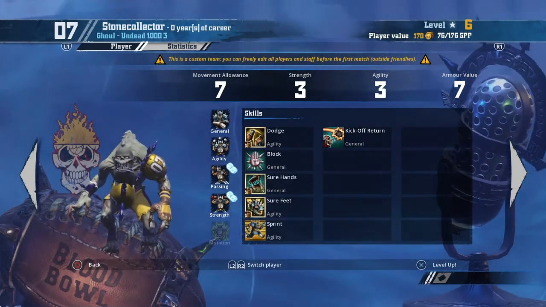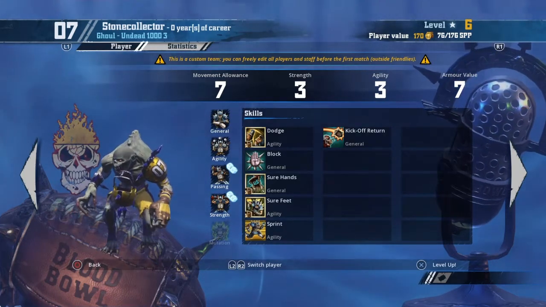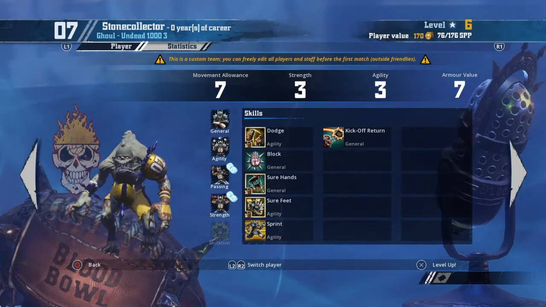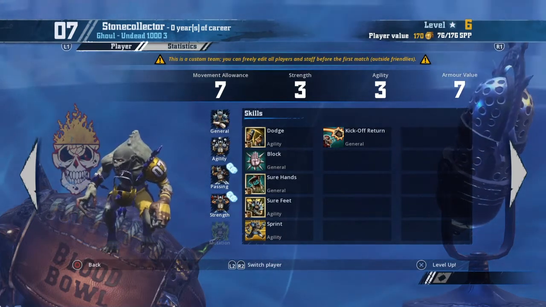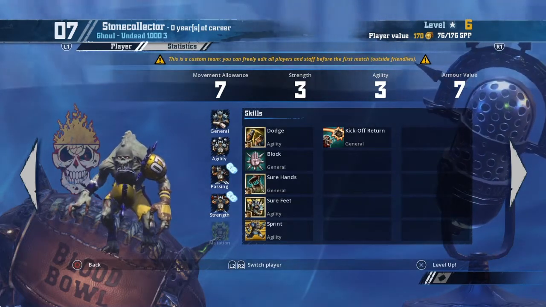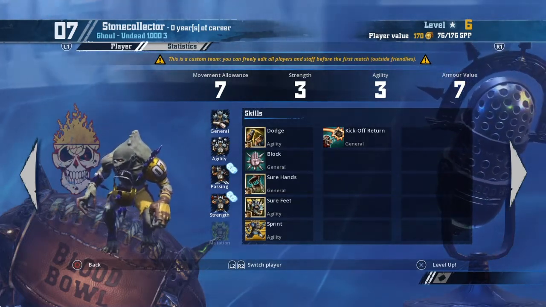Obviously, start with block, so you've got blodge. I'd then take sure hands, because obviously for strip ball and stuff like that. Plus, it doesn't burn rerolls when you're trying to pick the ball up. And then I'd look at sure feet and sprint, because obviously potential movement of 10 with a built-in reroll is always nice. And I'm a big fan of kick off return. Probably not as